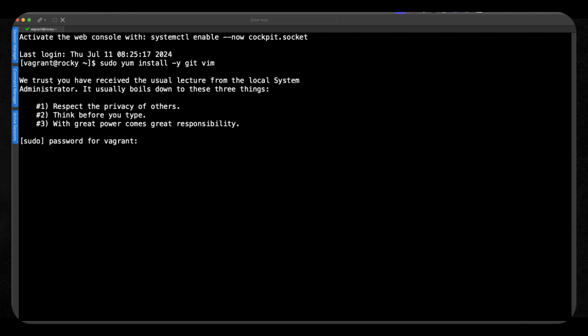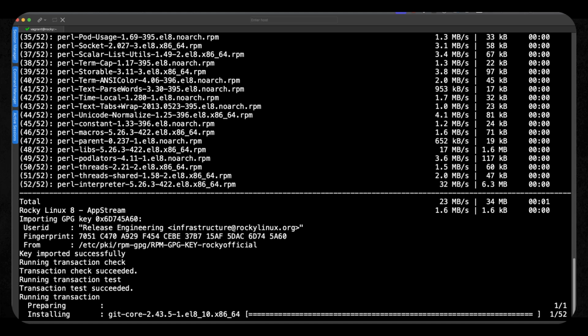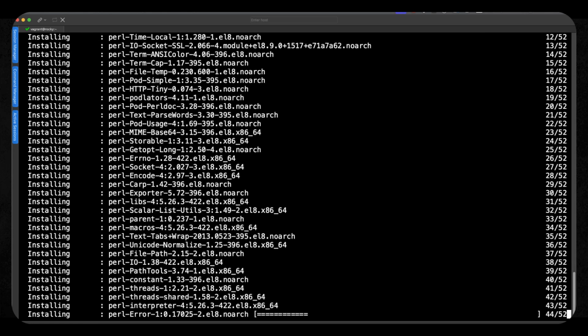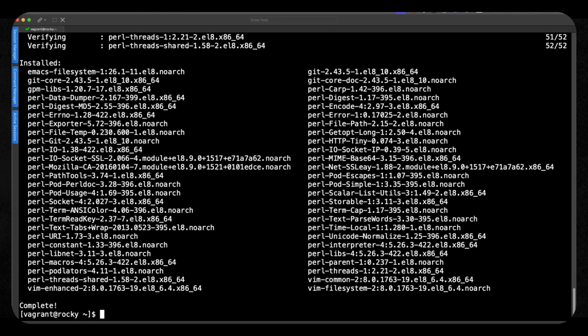The first time we run sudo, you might be prompted to accept it with respect and then add in your password. This is one of the things that we're going to be looking at customizing, so we don't have to put in a password for our user when we elevate our privileges. This is just for the purpose of ease, but again, you can choose how to customize it the way that you want. So I can add in my password, and we can see that we're running through the installation, which is adding both Git and my Vim text editor. Now, of course, you don't have to use Vim.